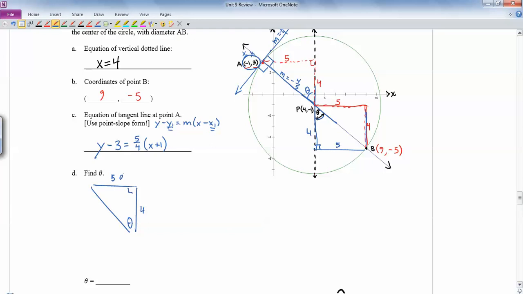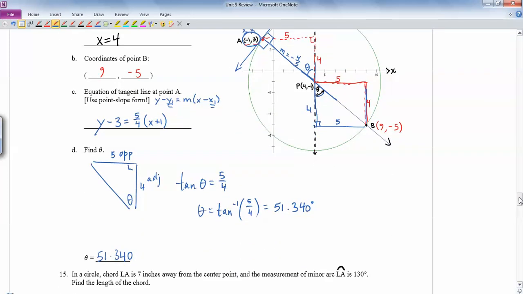So let's see, this is opposite. This is adjacent. So we'll use tan. So tan theta equals 5 over 4. So theta will be tan inverse of 5 over 4, which ends up being, let's see here, 51.340 degrees. Okay, so that's